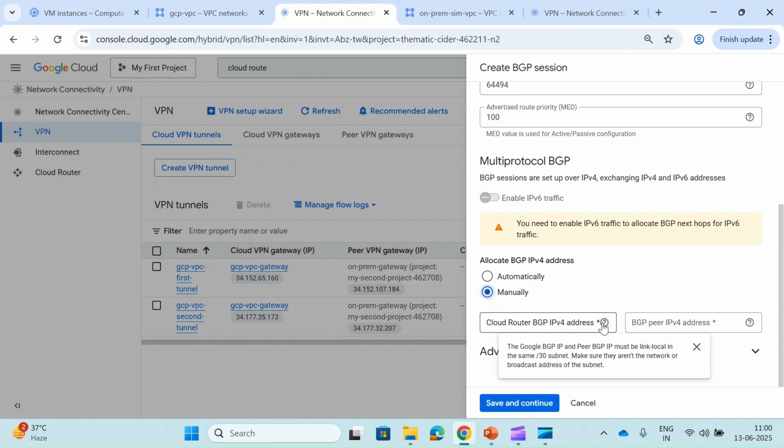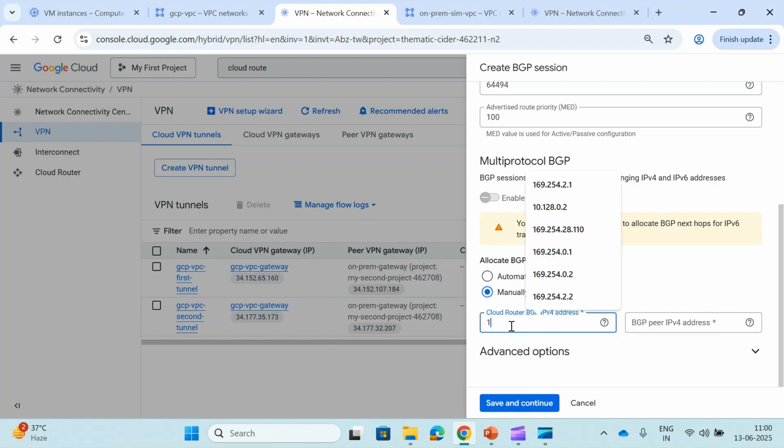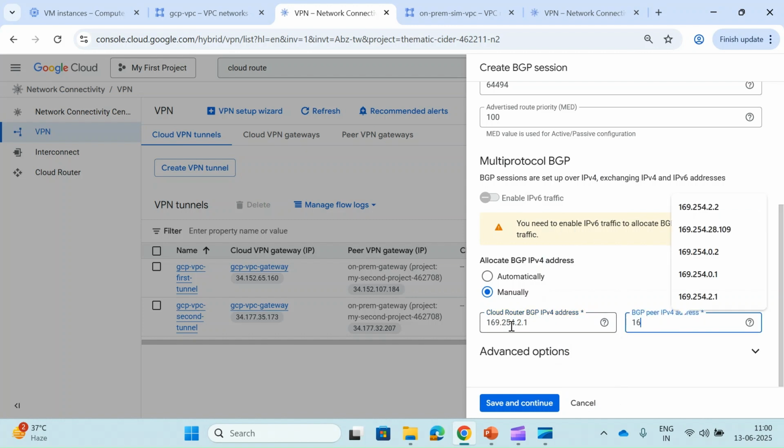It is asking for the IP address. We have to provide one IP address in the subnet range of /30. So let's go here and call it 169.254.2.1. It is asking for the peer IP address also. So let's go with 2.2. So 2.1, 2.2. When you configure the other end also, you have to provide the same IP addresses for this specific tunnel.